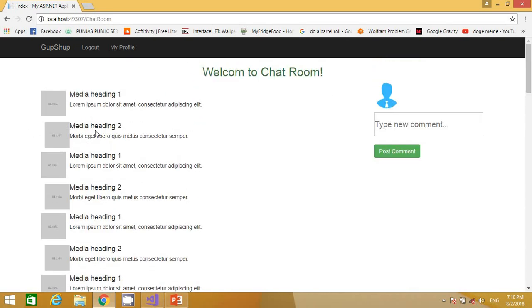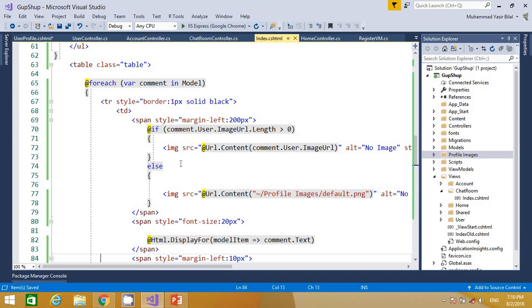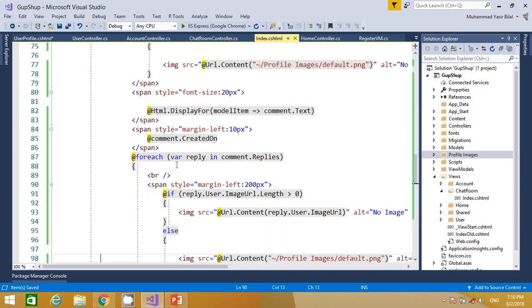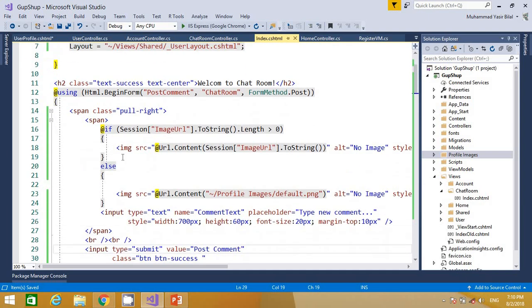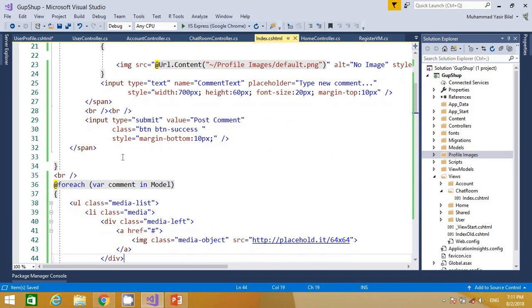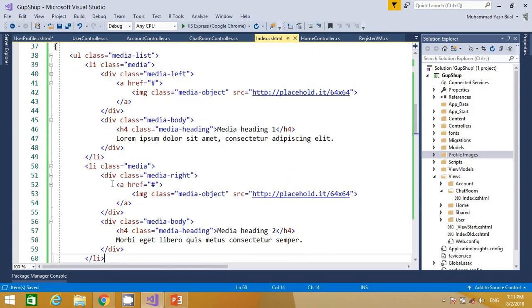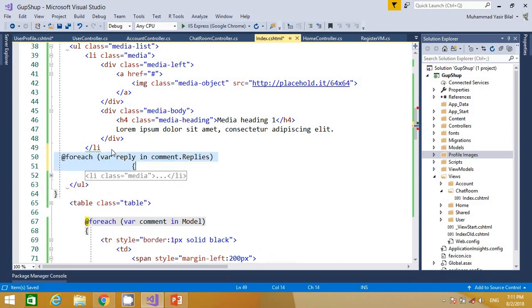Now what we can do, this reply must be in the number the replies are being given. So for every reply we need this for each loop. So if the comment has got reply, we want to show the reply for that. Where is that? This is for reply, so I add here the